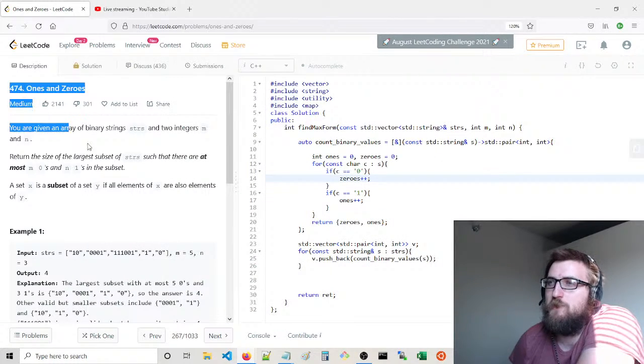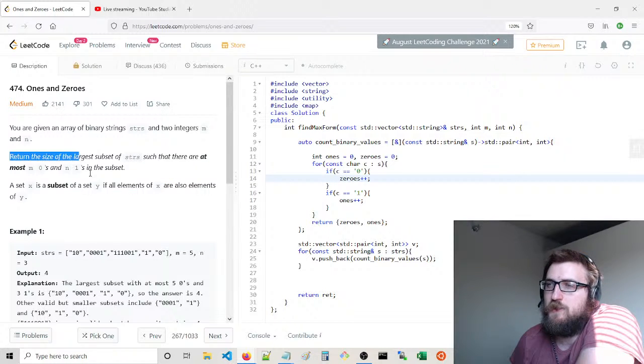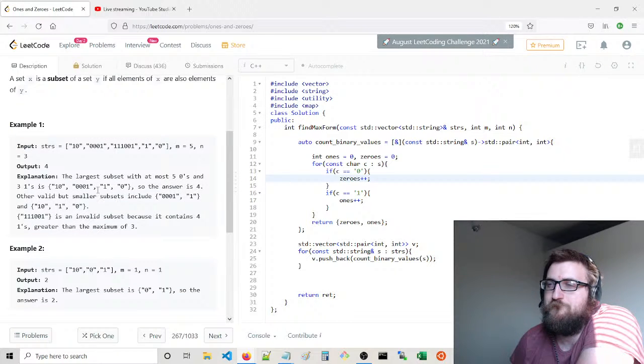So we'll read the problem again. Ones and zeros: given an array of binary strings and two integers m and n, return the size of the largest subset of strings such that there are at most m zeros and n ones in the subset. A set X is a subset of a set Y if all elements of X are also elements of Y. Right, so